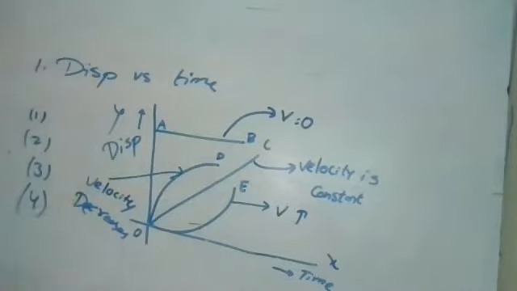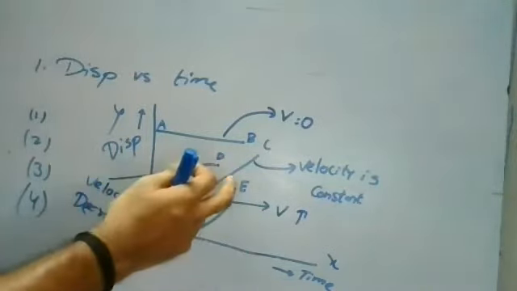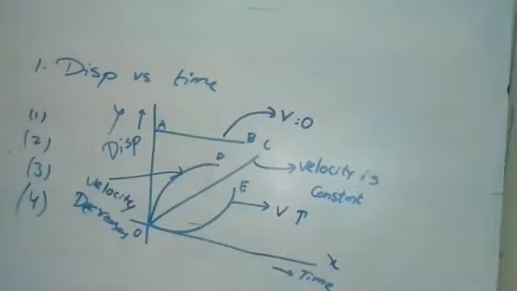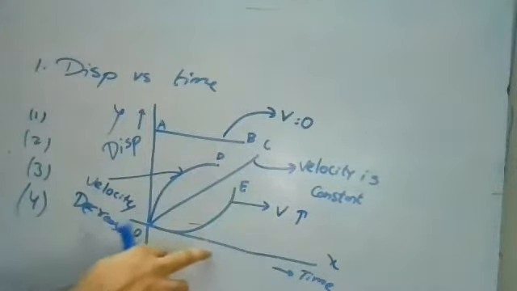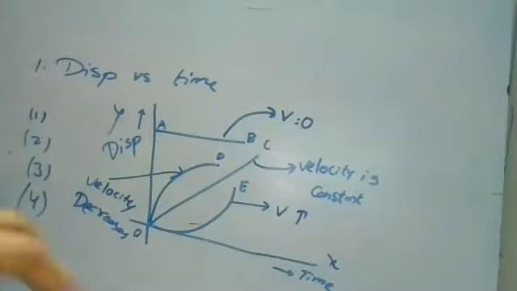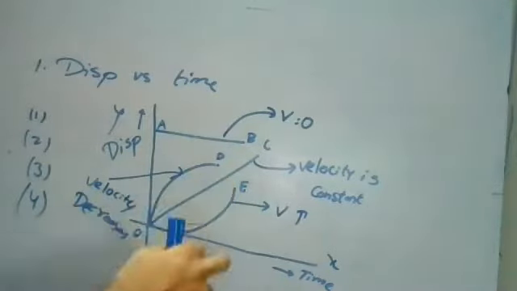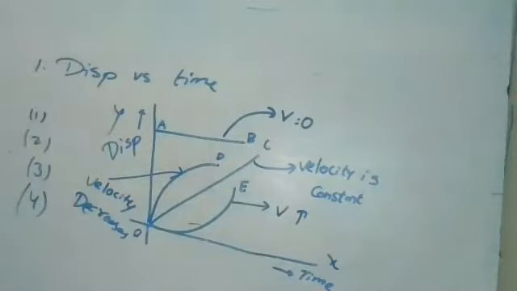Third case, O to D. O to D is a curve. Once it was increasing, after that it will try to decrease. O to D, it was decreasing acceleration. The velocity was trying to decrease over the time period. It is a decreasing acceleration. And O to E, the velocity was trying to increase continuously with respect to the time period. So that is increasing acceleration, increasing velocity. So this is your graph for displacement time. Are there any doubts? We'll do some problems on this one by one.